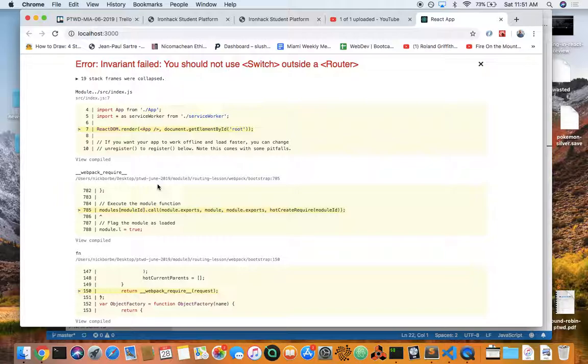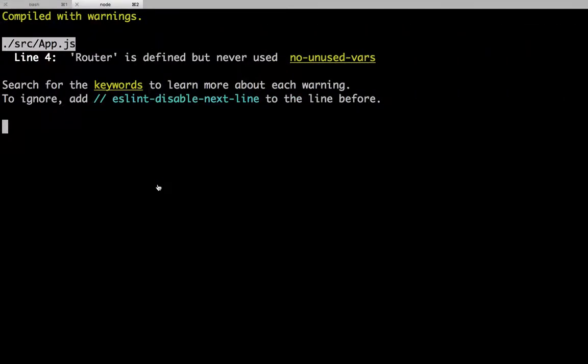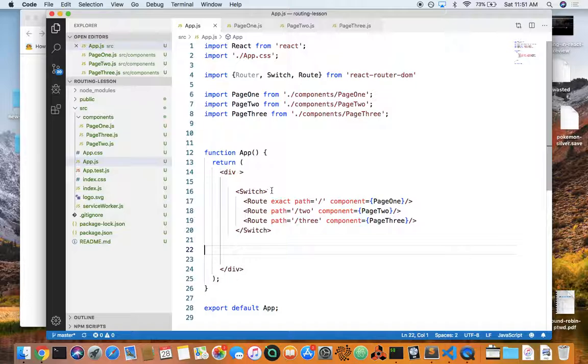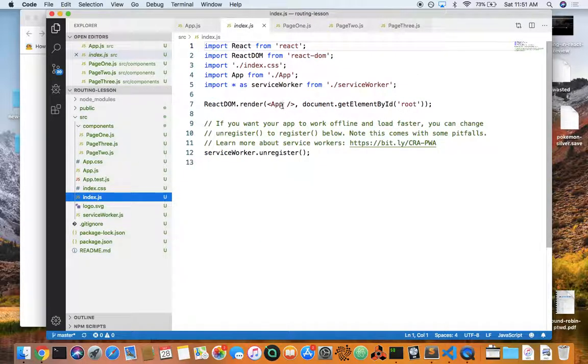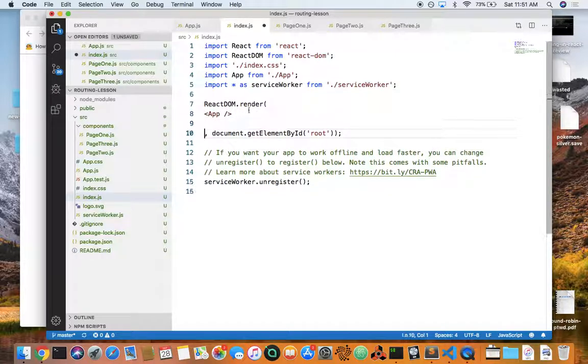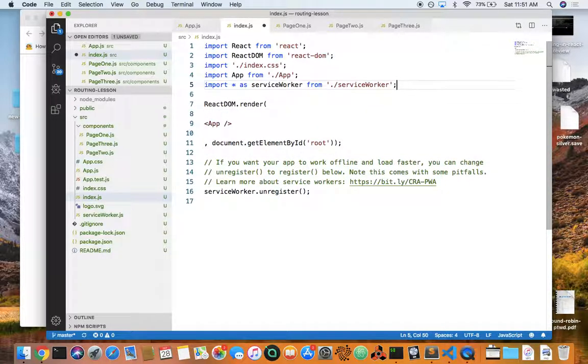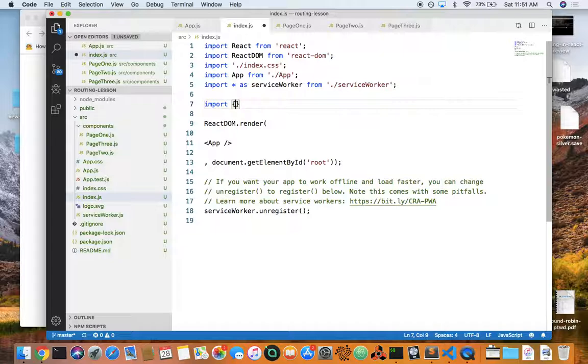Okay, so I said use switch outside a router. So what we've got to do, you're not allowed to use a switch outside of a router. So what we have to do is put app.js inside of a router. In index.js, this is where the app component gets rendered onto the page. So here, we're going to import, and this is where they usually do